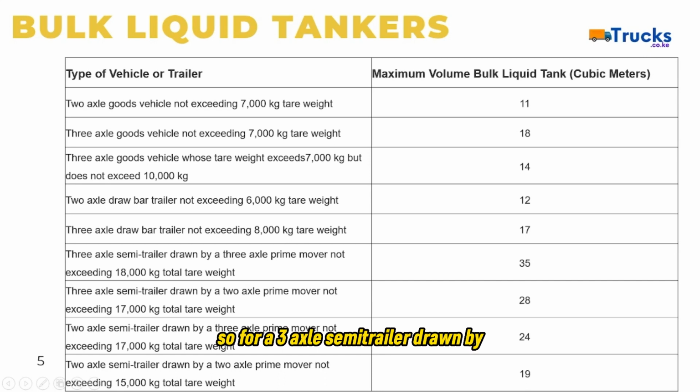So for 3 axle semi-trailer drawn by a 2 axle prime mover not exceeding 17 tons total weight, you have to have a 28 cubic meters tank. 2 axle semi-trailer drawn by a 3 axle prime mover not exceeding 17 tons tare weight, you have to maintain 24 cubic meters. So an important thing to note here is